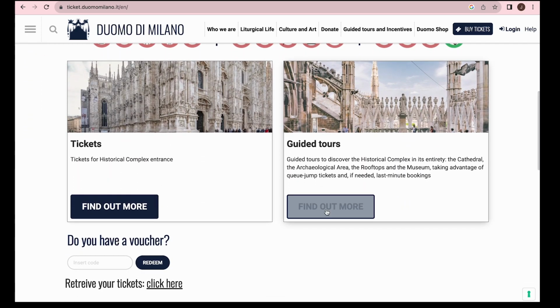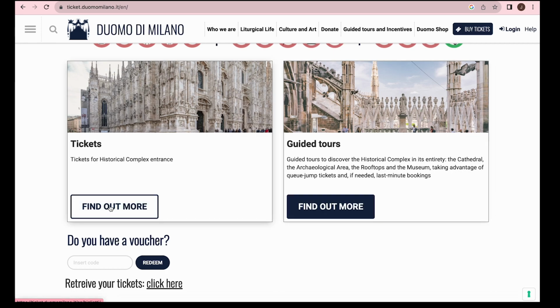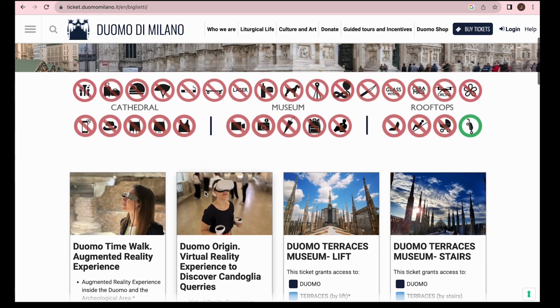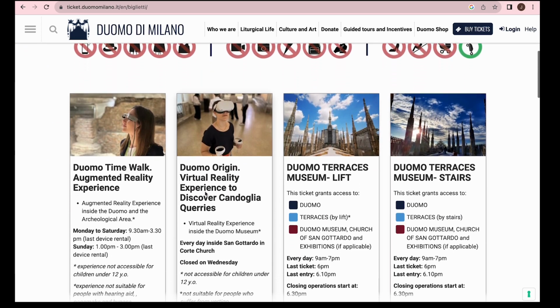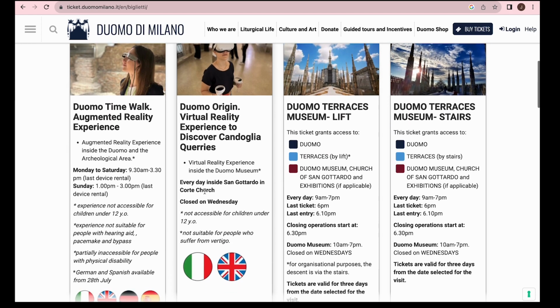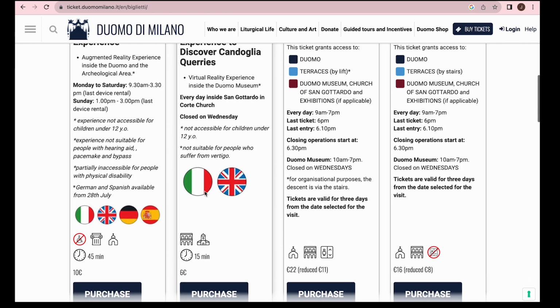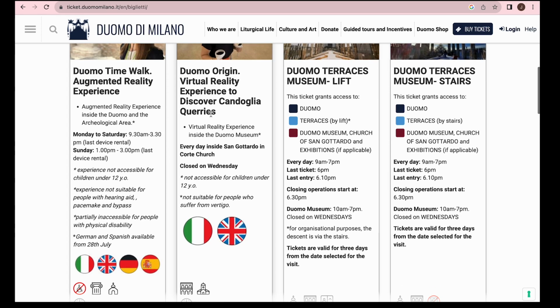On the right, if you want a guided tour, go there. If you just want to buy tickets, go to the left. There are lots of options here on this website. Recently, they just added an augmented reality walk, and so you see that on the left there. On the right, you have combined tickets, which if you want to visit the terraces at the very top, which